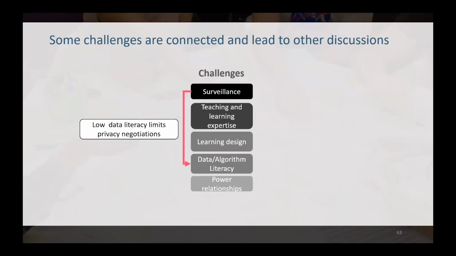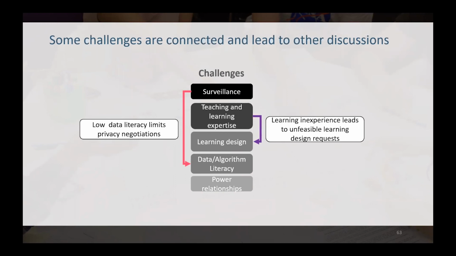We also find that some of these challenges are actually connected. Low data literacy actually limits privacy negotiations. When people are not very well versed in what data, privacy and surveillance are, they don't have a say to actually negotiate how this is going to be used. So we find out that it's a current practice, the opt-out option, that actually doesn't help people, because you put this language about surveillance and tracking when people can't actually understand. So you take advantage of them, and that happens a lot in other applications.